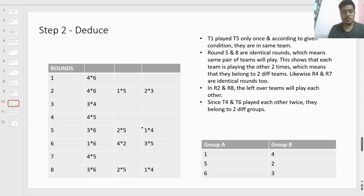Okay, so the only space where we can put team 3 versus 5 is in round 1. Since 3 versus 6 is done, 3 versus 5 is done, 3 versus 1 is left, and that is the only case where it can play is 4 and 7, because 4 and 7 are similar identical pairs. 3 versus 1. So if 3 and 1 are playing in round 7 and 4 and 5 are playing in